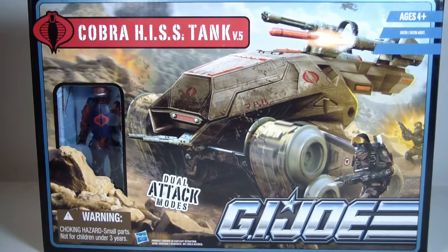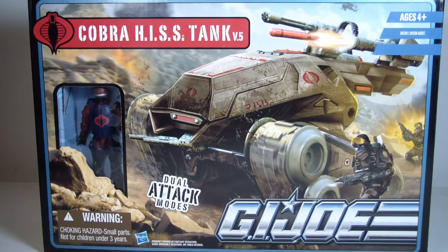What's up, everyone? ODC, that's me here, and today's review we're going to take a look at the G.I. Joe Pursuit of Cobra HISS tank version 5. It says it has dual attack modes, which is pretty awesome. Picked this up for 20 bucks on eBay, and this was a recent purchase, I would say within the last